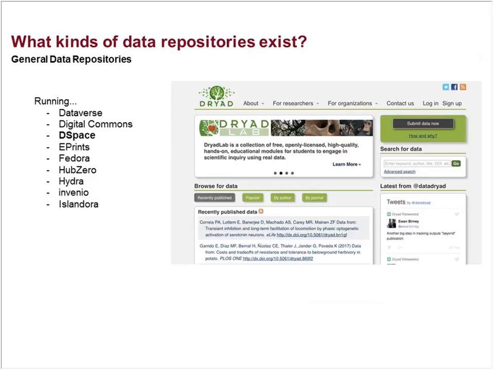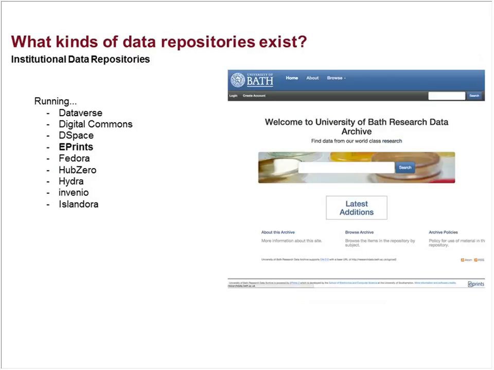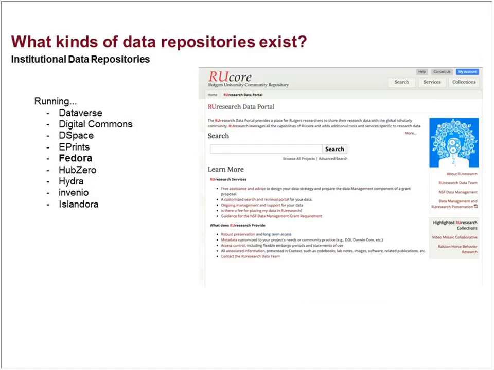Dryad, of course, is another really amazing data repository that has an amazing curation process that's described in a number of different case studies in the book, and they are using DSpace as their underlying platform as well. ePrints has been used by the University of Bath for their research data archive. You'll see Fedora as one of the underlying technologies for Rutgers and their university research RU core, their